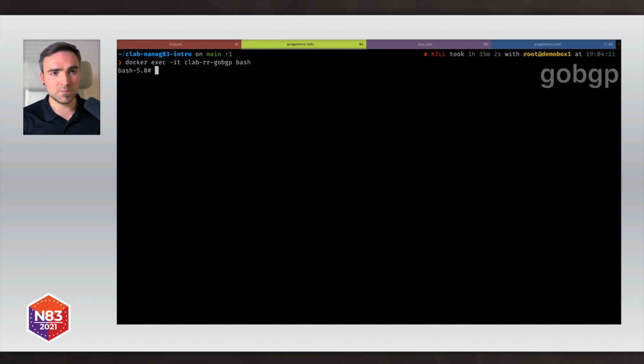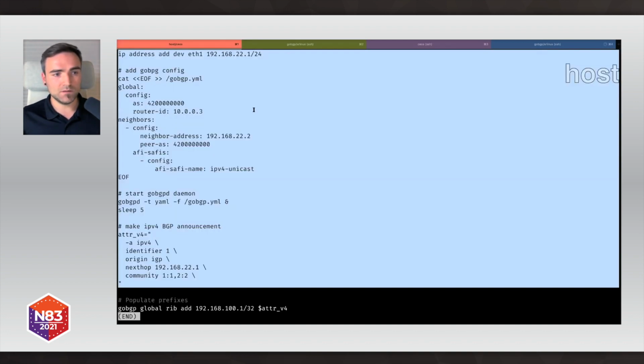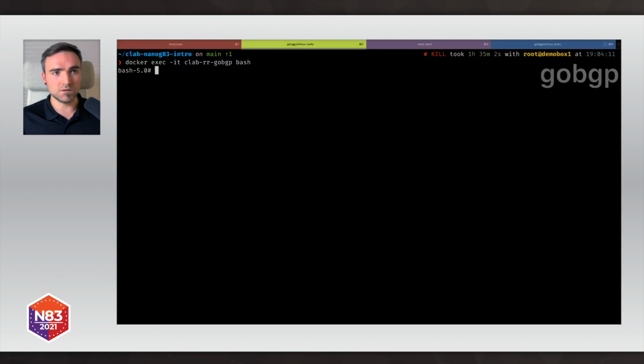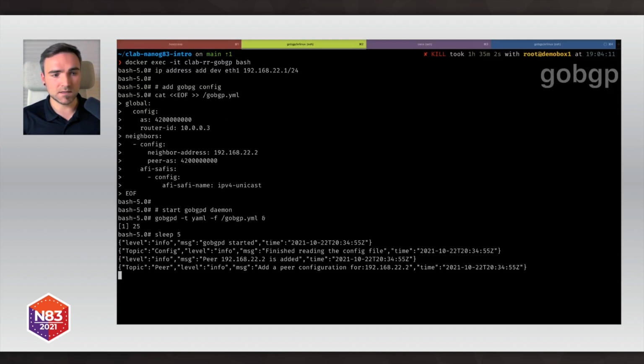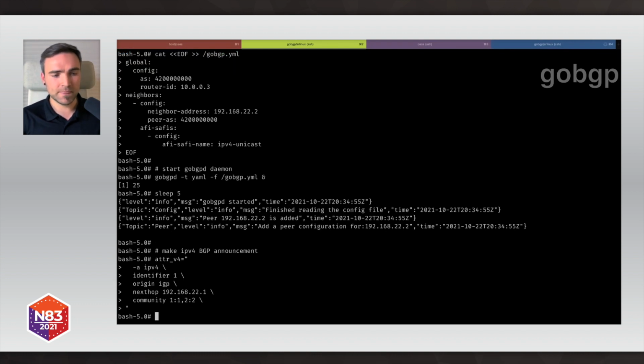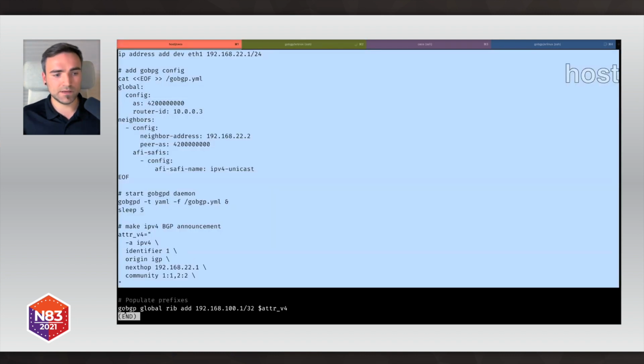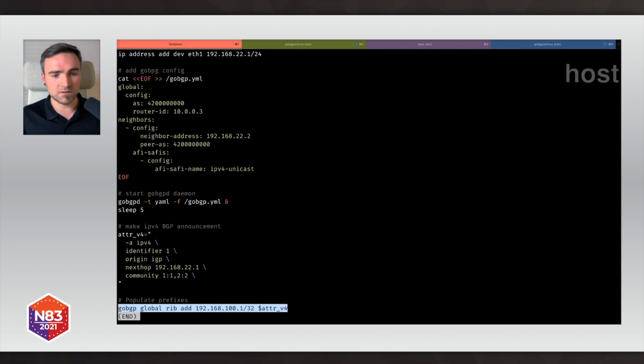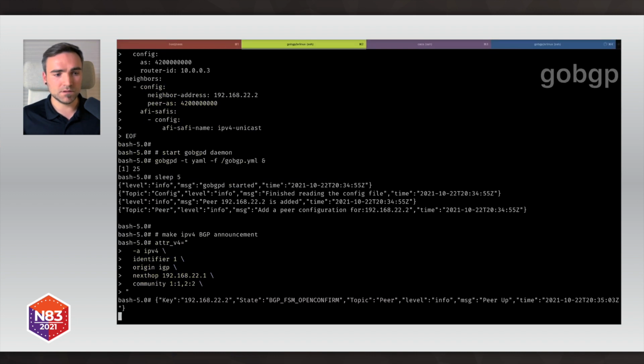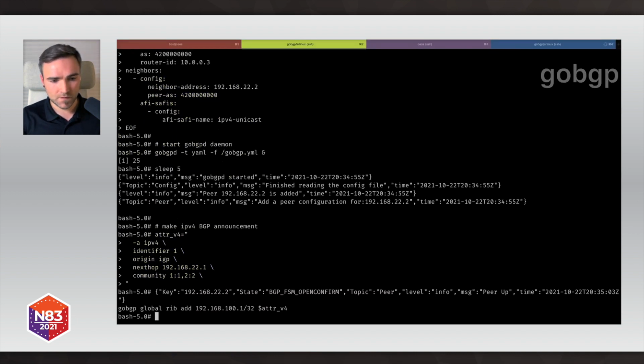So now I'm in the GoBGP container in the bash shell, and I will copy this configuration to the shell. So that's what I did here. I started the GoBGP daemon, and now it is really ready to start announcing the route that we prepared. So if I do this command here, it should start